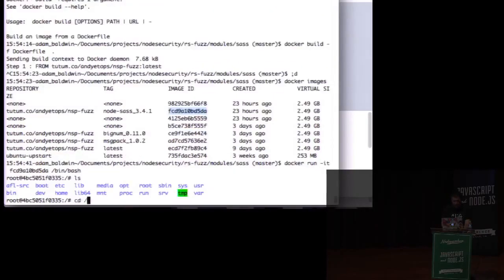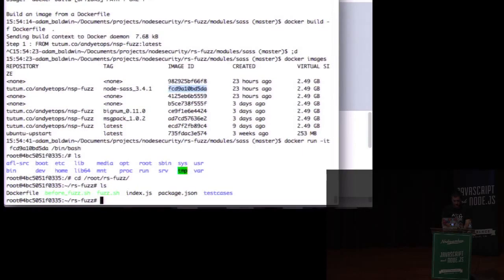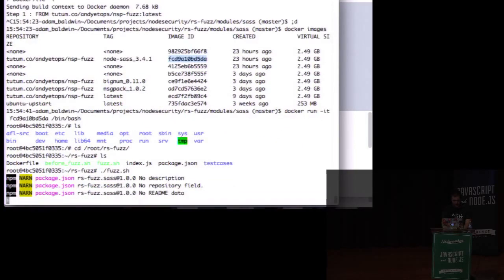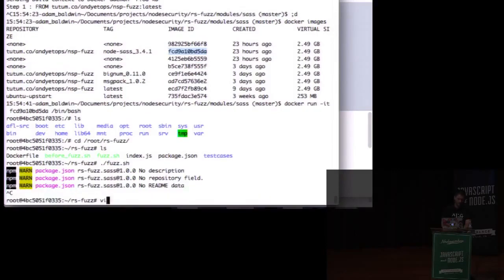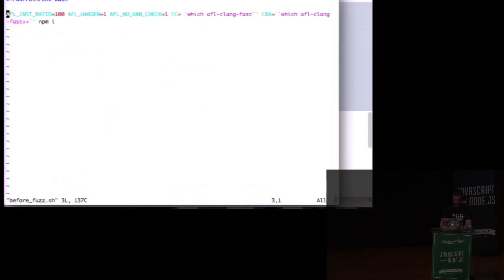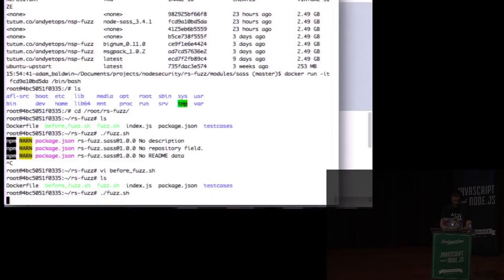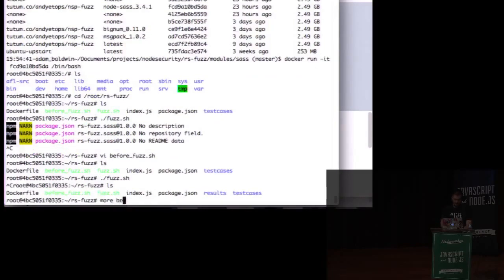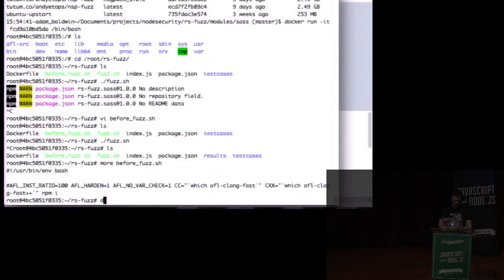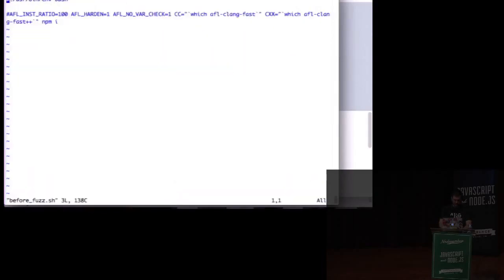Okay, so let's see, root, this is a fuzzer, and we basically can start the fuzzer, and of course it's going to try to run npm install, which you can't do. So what it'll try to do is build with these options. It's instrumenting the binary module. And of course it's not there. This is going to fail miserably, and I didn't record this one. So watch me flounder.